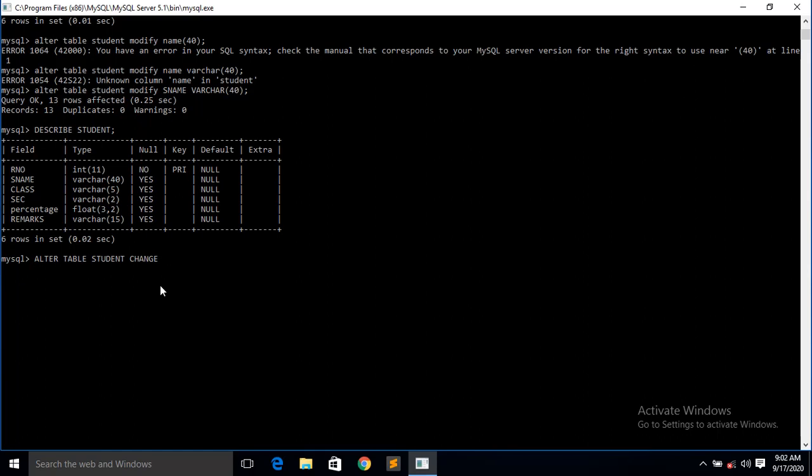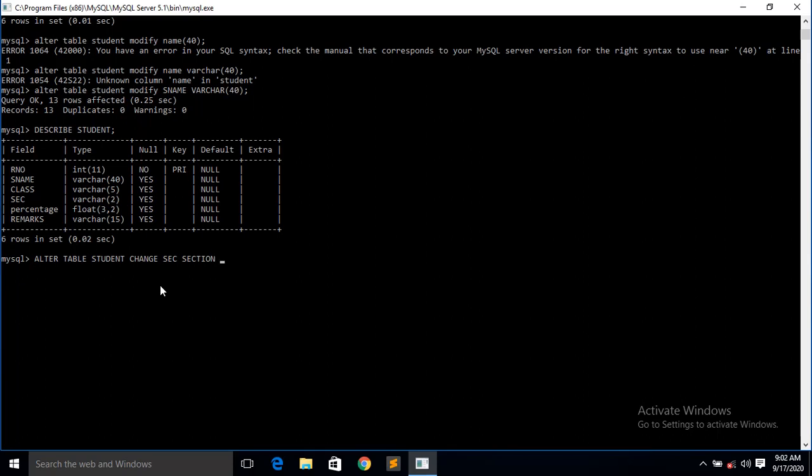So student change old name, you have to give the old name first, sec, is not it, sec. Then you have to give the new name. No need to add any new word in between the old name and the new name. Sec is the old name, you want to change it to the new name, section, is not it. So section.